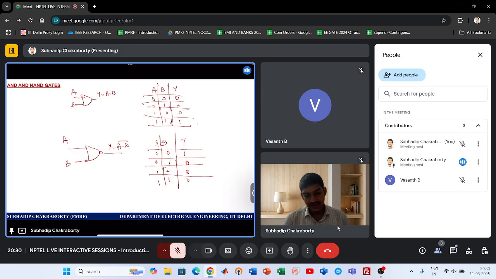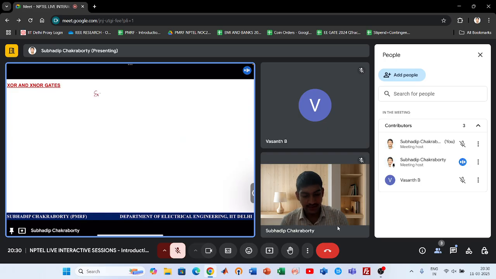So XOR or XNOR gates. Exclusive OR is high when both inputs are different, and it is denoted as A B bar plus A bar B, and it is symbolically represented like this, and the symbol is like this. So the truth table will be